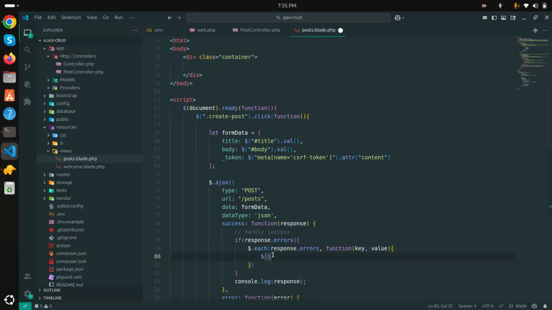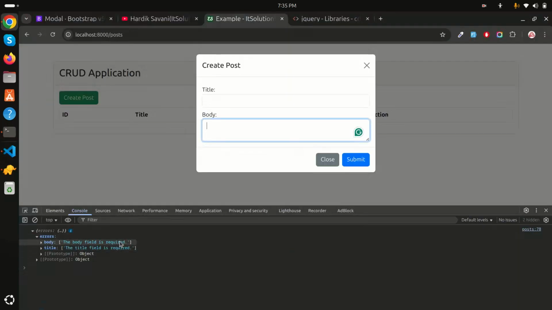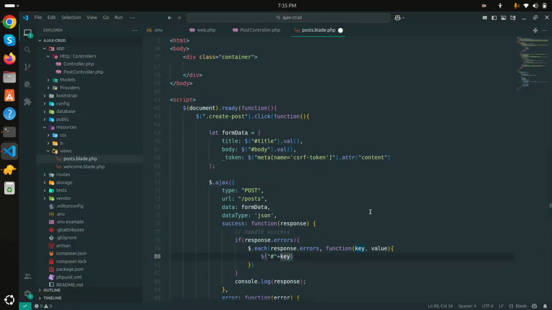Okay, now what I will do, I will take the dynamic ID, because we already have a dynamic ID like has sign. Okay, over here has, and then I'm going to plus sign key. That means you can see that body and title, so we already given the proper name. Then after